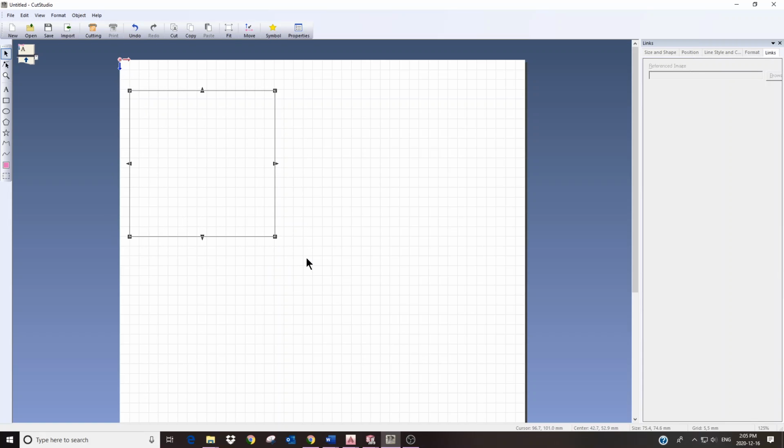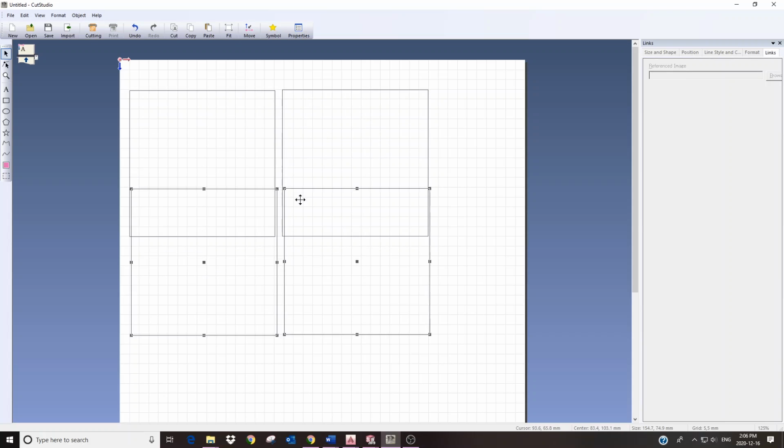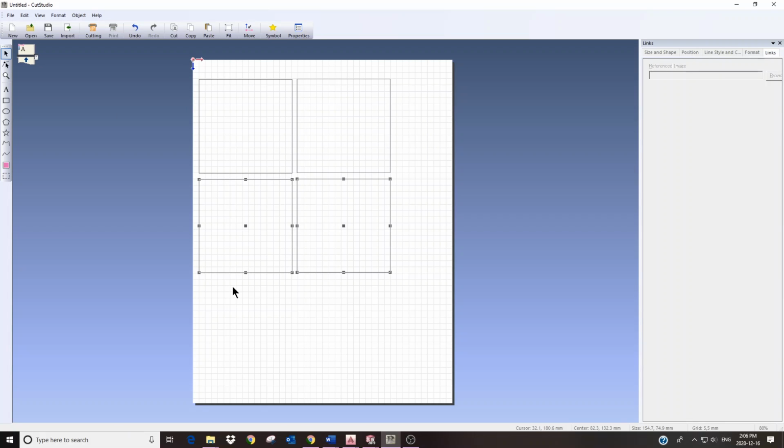Now what you're going to do is highlight that, and I just use Control C, Control V, and you're going to copy and paste 5 of them in total. So just going to quickly do that. And once you've created your 5,